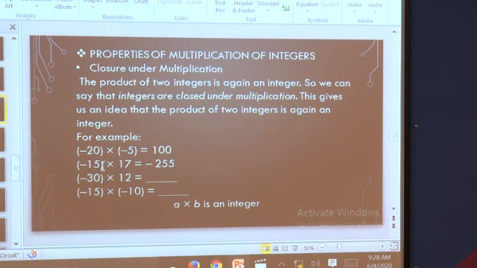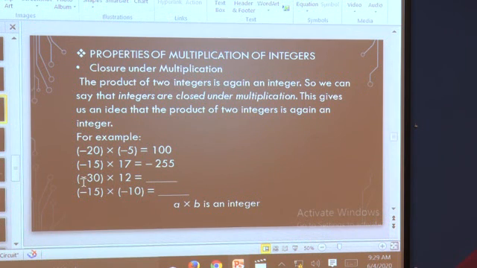Another example, minus 15 multiplied by 17. I have taken 17 as a whole number here. So, one is an integer and another is a whole number. So, minus 15 into 17. What do we have to do here? Very simple. 15 multiplied by 17, you can do the simple multiplication and what is your answer? It is 255. Here, because we have one negative integer, that is an odd number of times, we write it as negative, that is minus 255.